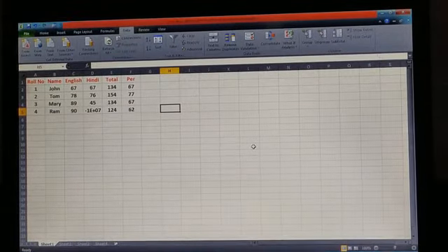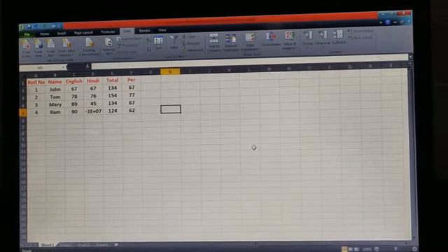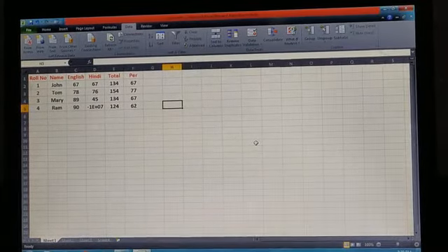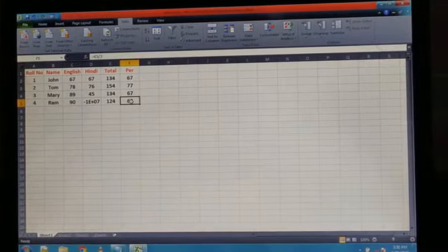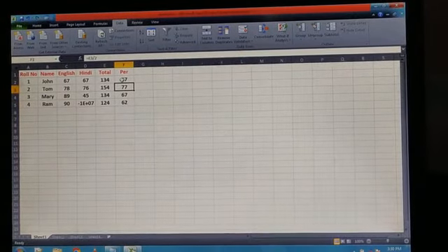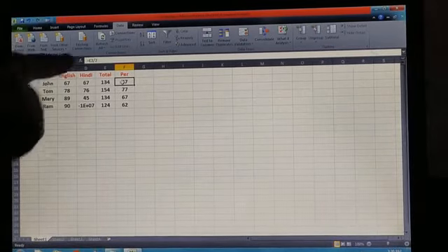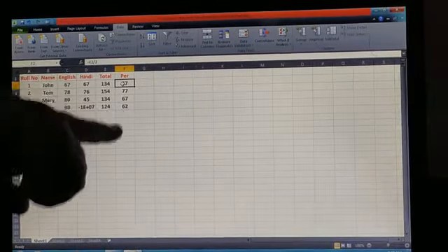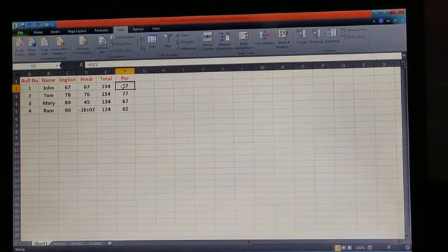Okay, you can change multiple types of values, but for using the goal seek feature you have to define a formula in the cell that you are using for set cell. Okay, so we have already defined the formula for calculating percentage in the cell that we are using in the set cell option.